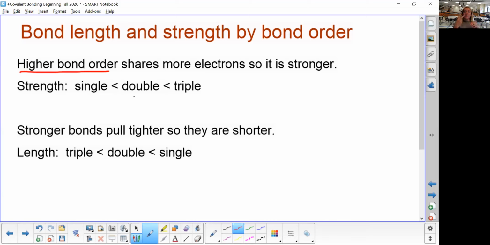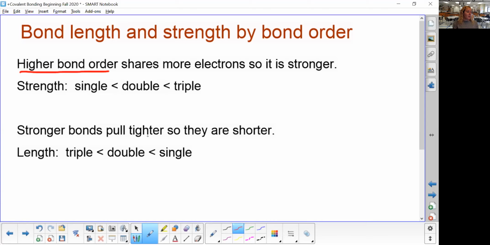But if your team's only down to 2 people, you get to hold both of your hands together, and that makes it harder to break through. So it's more difficult to win at the very end. You want to think of a single bond as grabbing one person's hand, but a double bond would be grabbing 2 people's hands, and it would be stronger. It also shortens the bond length though,